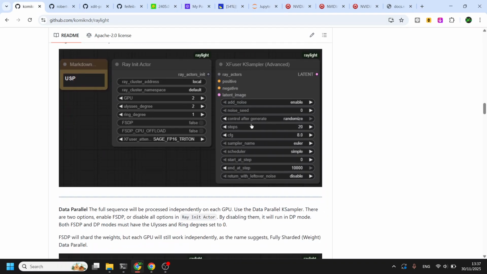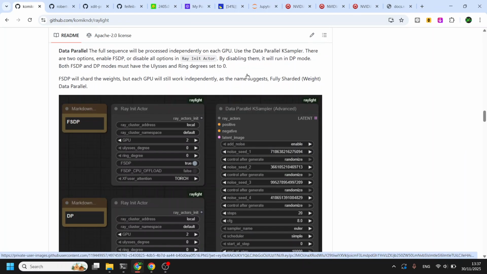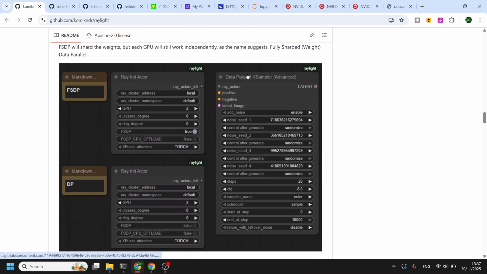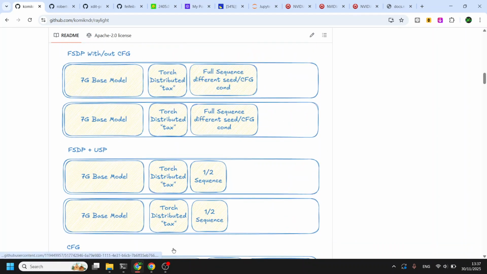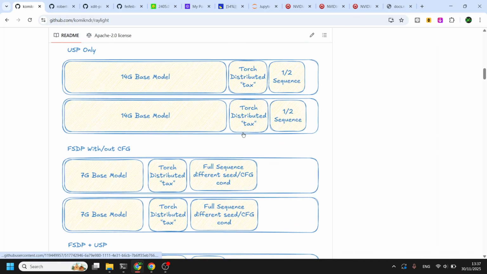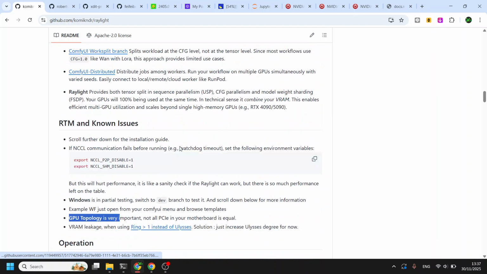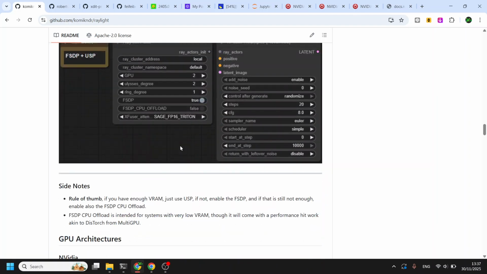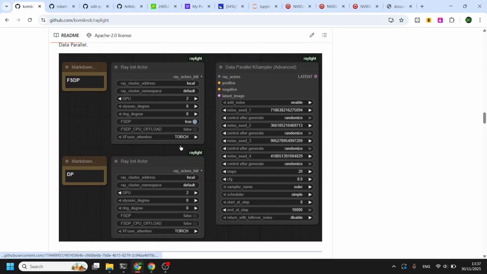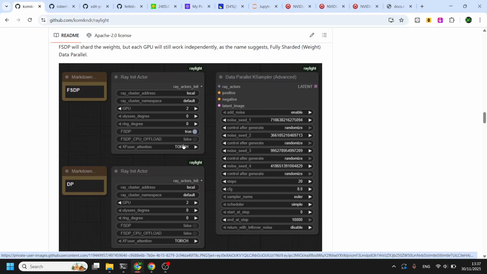See, this is USP mode. You need to expose the KSampler. Another way is, say, this part. Sorry. Yeah, only FSDP. You can actually use the data parallel KSampler, which works just like Robert's ComfyUI Distributed.